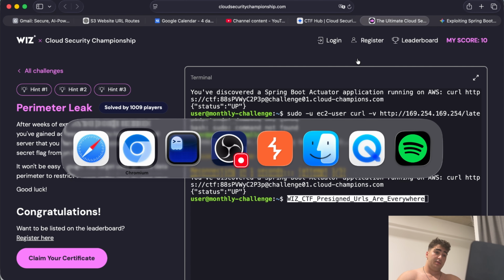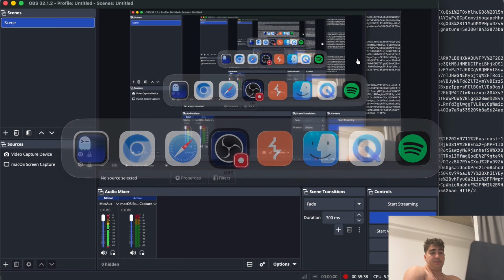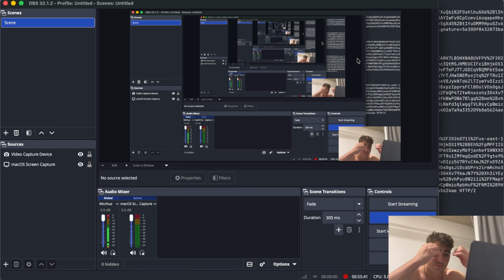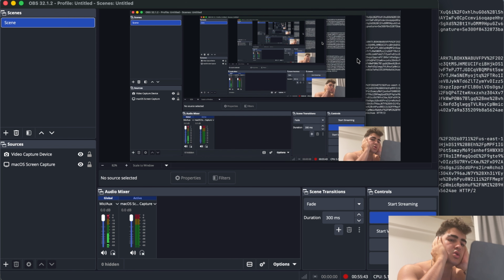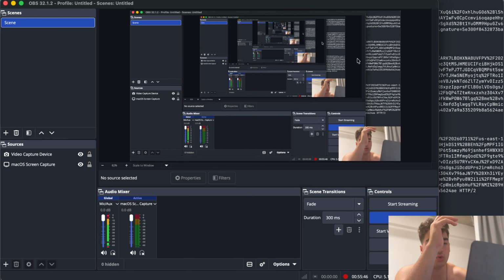So today was a CTF, which was pretty tough. It was an AWS CTF. The way we did it: we have a proxy which communicates internally with an EC2 instance that accesses an S3 bucket. This S3 bucket has the flag we need. The S3 bucket is not open to the public, but with an actuator, the Spring Boot application exposed the endpoint, and we managed to